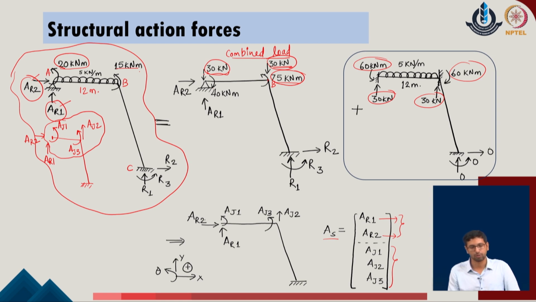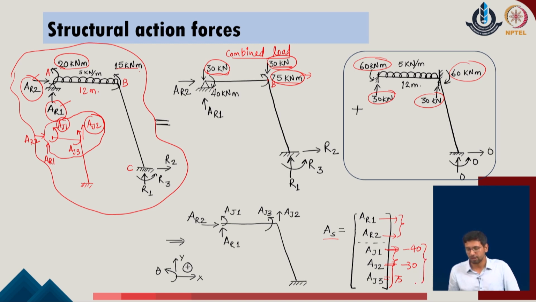As a definition of the given problem which we have identified, we can give their values also. AJ1 for the given problem, if we locate, is the amount of the moment at the given joint A. The direction which we consider as a positive sign convention is anti-clockwise, whereas the moment over here is clockwise. So, I consider AJ1 equal to minus 40 in the given problem. With respect to the AJ2, I understand that there is a force in the direction downward in the given problem. We have considered AJ2 in the positive y coordinate in the given system. So, AJ2 also becomes minus of 30 in the given problem. And finally, we have AJ3, which is anti-clockwise in the given problem. We have an anti-clockwise moment at the joint B. So, we can define AJ3 as 75 kilonewton meter in the given problem.